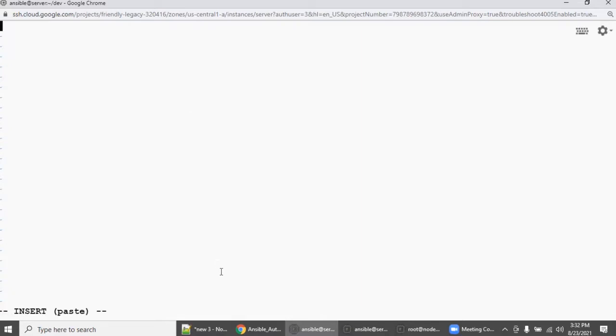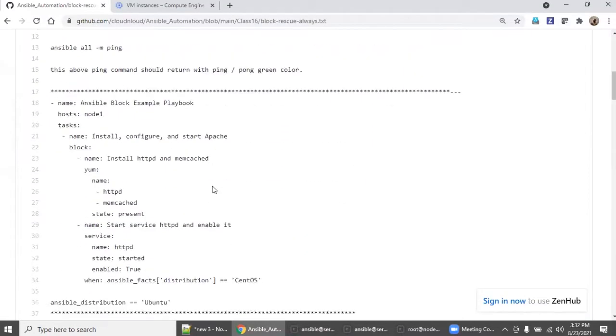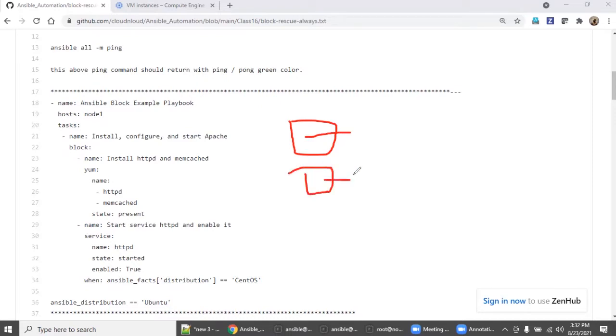Paste it in insert mode, and go back to the steps here. What is meant by block? What is meant by rescue? What is meant by always? Suppose I have to execute my task, say task 1. If task 1 fails, automatically task 2 has to be started. Whether it is task 1 or task 2, whatever the case, task 3 has to be executed always.